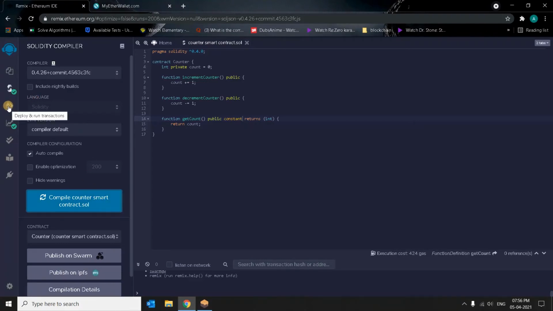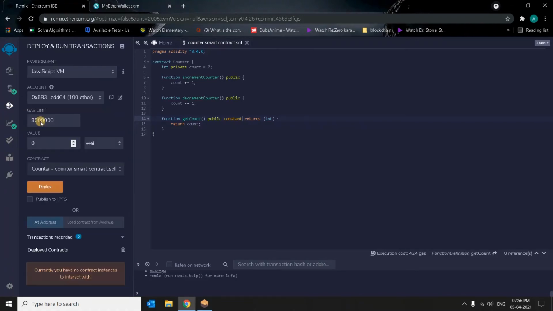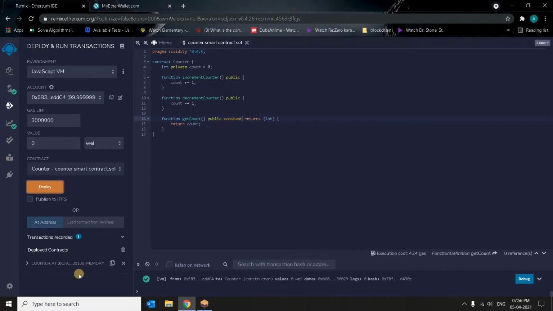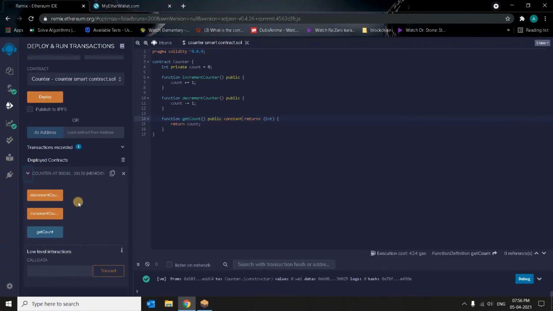As you can see here, you can deploy and run the transactions for demo purposes. Let's do it now. Here JavaScript and some demo account is there, and the gas limit is there. Let's deploy it. Now it has deployed the contract. These are the functions.